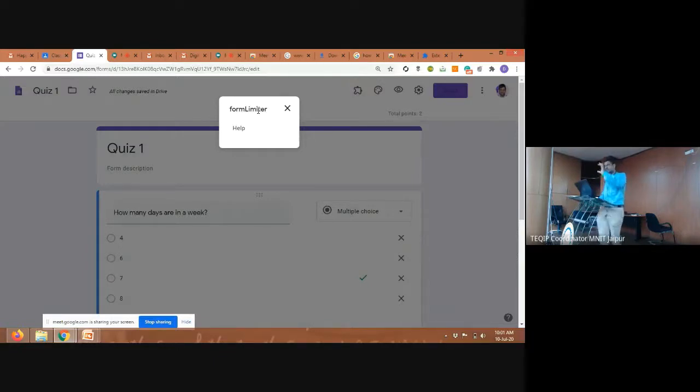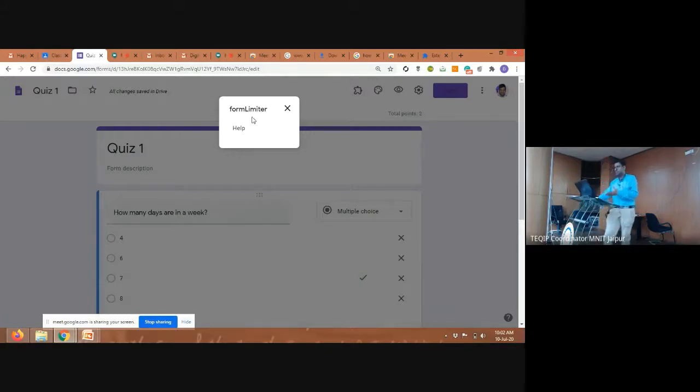And the second is, I want to stop it after, let us say, 10 minutes or 15 minutes. So that also you can give. At what time you want to schedule it, and at what time you want to stop it. Once you do that using this add-on, the quiz will automatically start at the scheduled time, and then it will stop also. Students would be able to submit before that time. If he or she misses that time, they will not be able to submit the quiz. So that way you can do it.